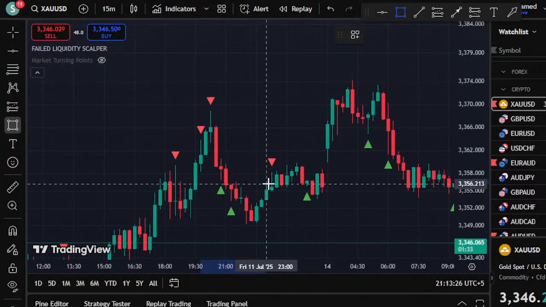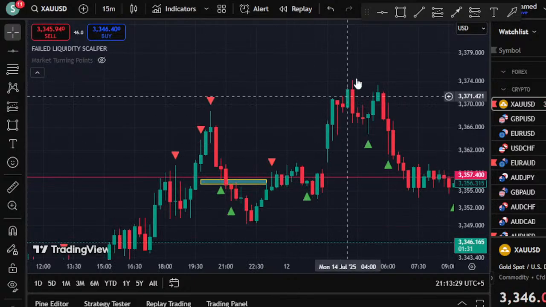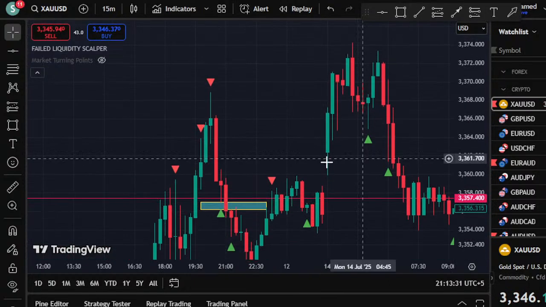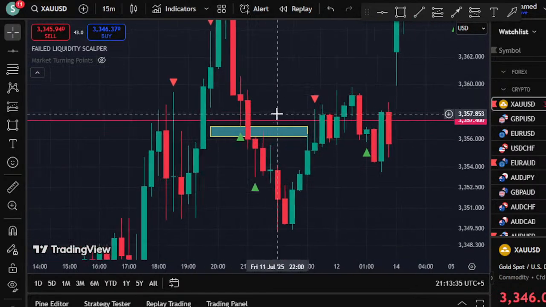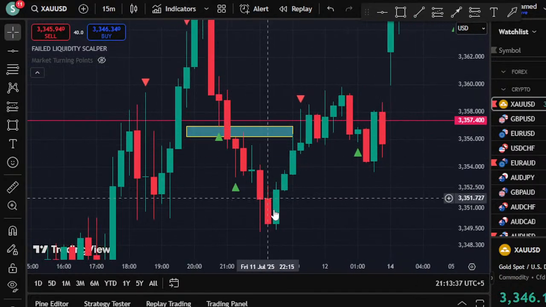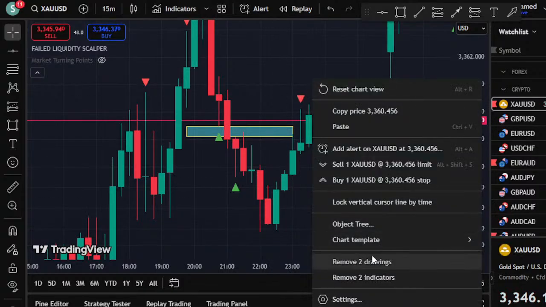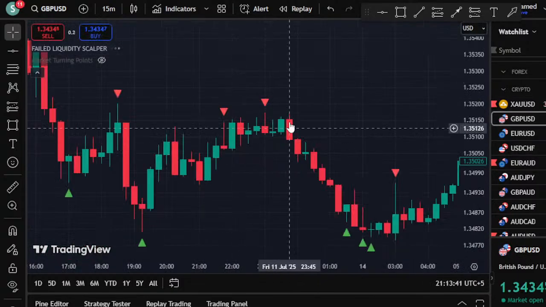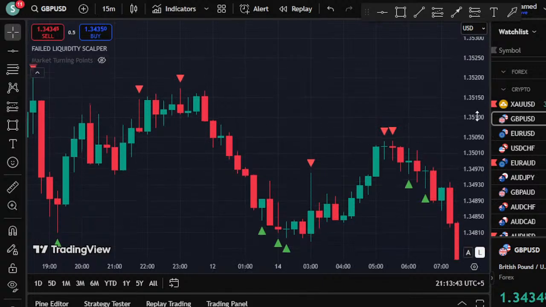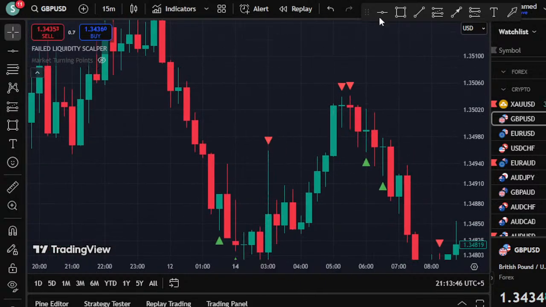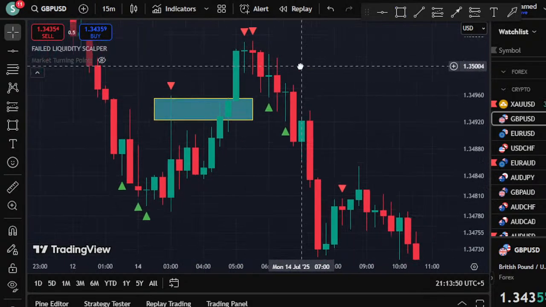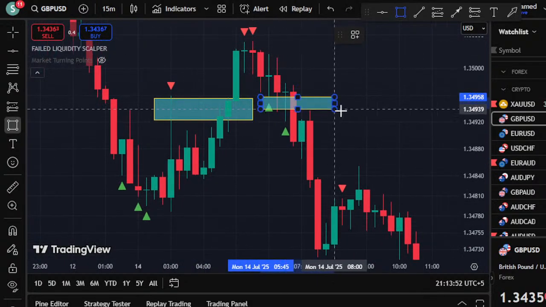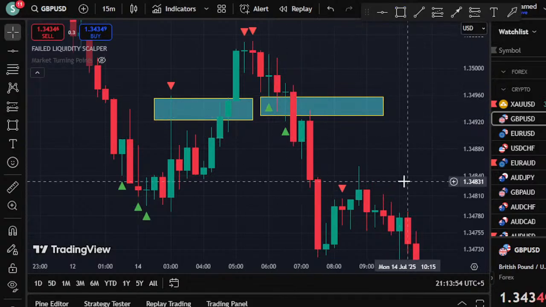Let me show you here. Oh, sorry, there's something wrong. Okay, let me show you. Look at this. If I zoom in on my chart, then you will realize that you're looking at the screen now. You can see close below, it was a sell. You can see it down. It works on all time frames, no matter whether you are trading 15-minute or what. Look at this. You got a scalping chance here on pound USD. You can see you got a scalping chance, and then when pound USD wants to go down, you got a sell chance. So this is the real time.